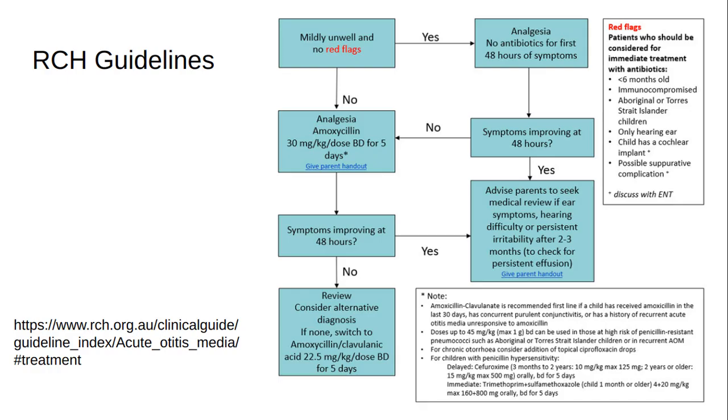The flow chart from RCH Guidelines shows the management of acute otitis media. Most cases resolve spontaneously and antibiotics are not recommended. Treat pain with adequate and regular simple analgesia. If unwell, not improving in 48 hours, or with red flag signs, antibiotics are needed. As an adjunct, short-term use of topical analgesia, e.g. 2% lignocaine, 1 to 2 drops applied to an intact tympanic membrane, may be effective for severe acute ear pain. Decongestants, antihistamines, and corticosteroids are not effective in acute otitis media.